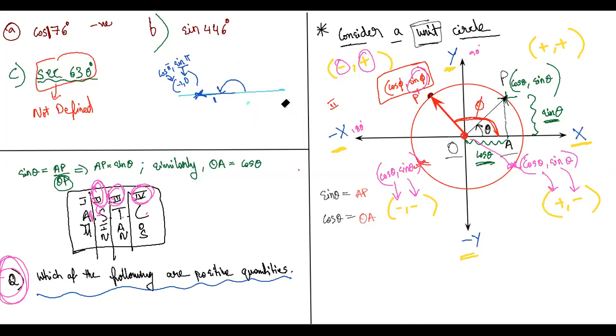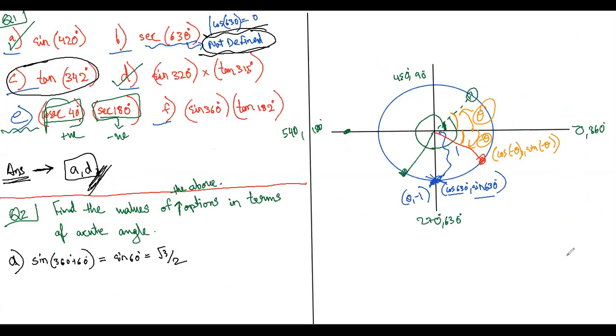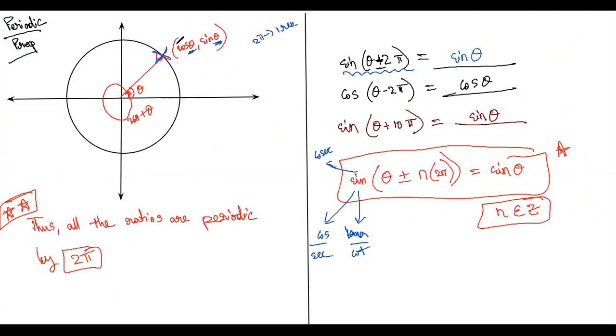Yes. So let us move ahead. This is what we discussed initially. Then after that, these were some questions we did. Now look at the screen very carefully. The next property we can learn from this circle is called the periodic property. This is extremely important. Maths, physics, everywhere we will be using this.